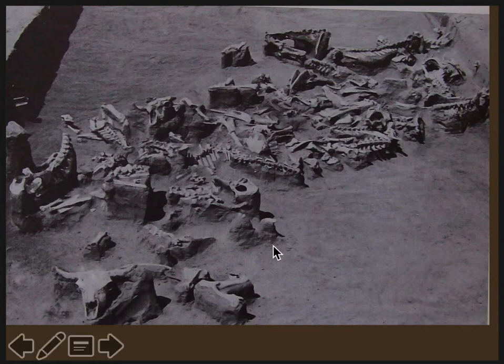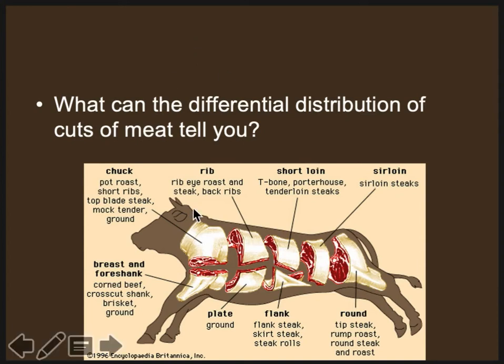One of the things that different cuts of meat can tell you is possibly the status of people. So if you find, let's say, the ends of the long bones in certain households versus, let's say, some of the vertebrae or ribs in other households, that might indicate to you that there was different status among those households, because different cuts of meat have different values, and some cuts are very low grade and cheap, and some cuts are very high grade and very expensive, right? So for example,